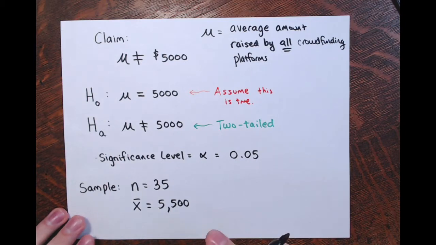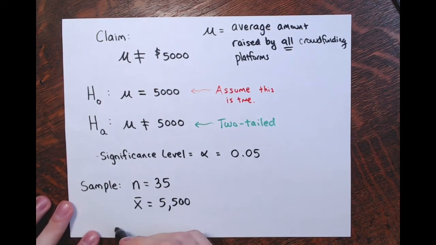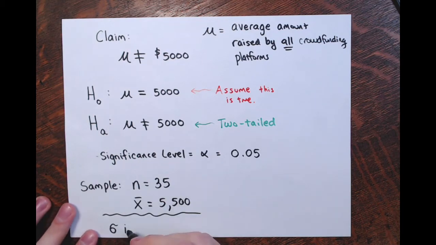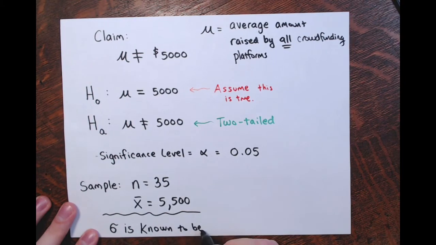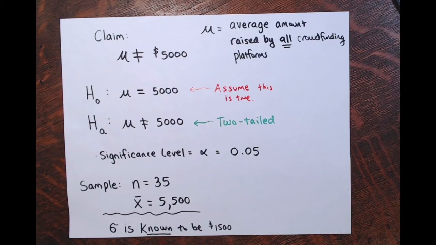Now, we are told what sigma is. Sigma, the population standard deviation, now this is not about the sample anymore, this is about the population. We are told that the population standard deviation, sigma, is known, and it's known to be $1,500. Now, because sigma is known,